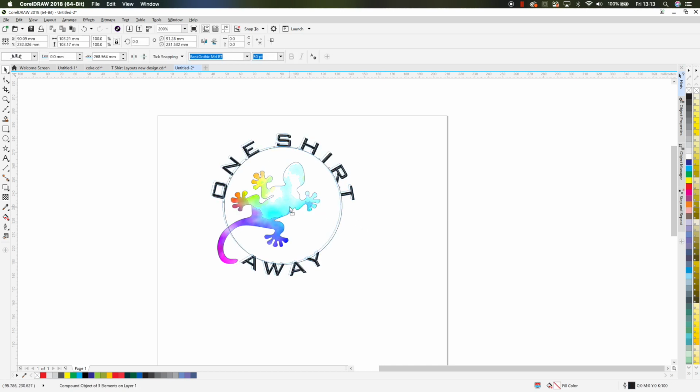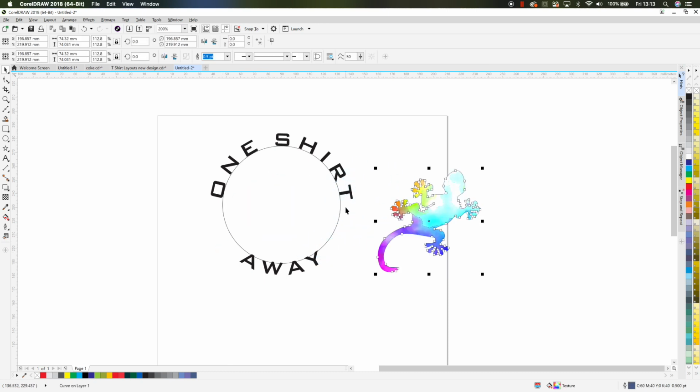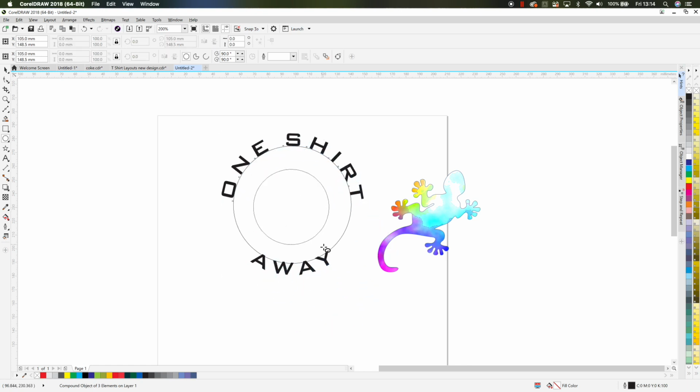Some people may say, oh, actually, I want a circle to give me like a border around the outside or the inside to give the appearance of a badge. And so what you can do in that particular situation is you can bring in another Ellipse tool to the center point and drag it out. So like this. Oh, I did that wrong.